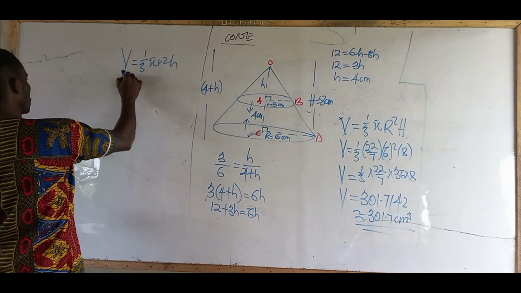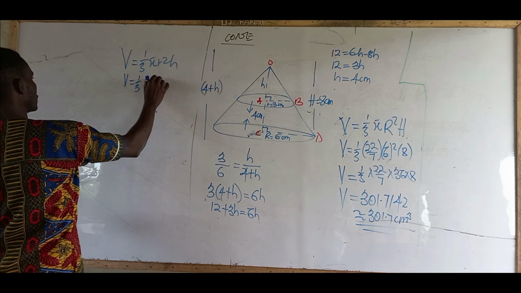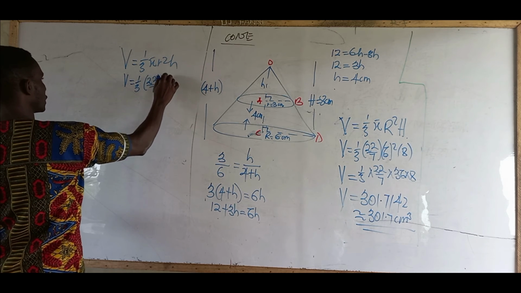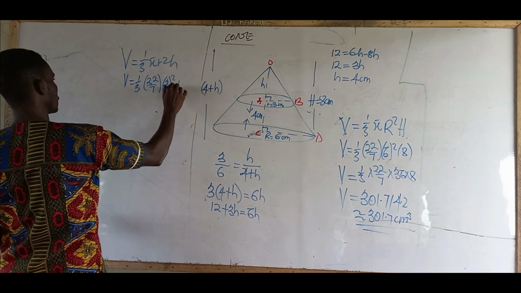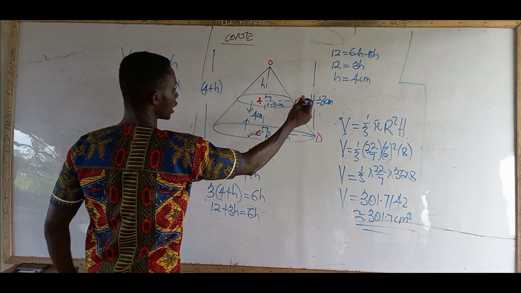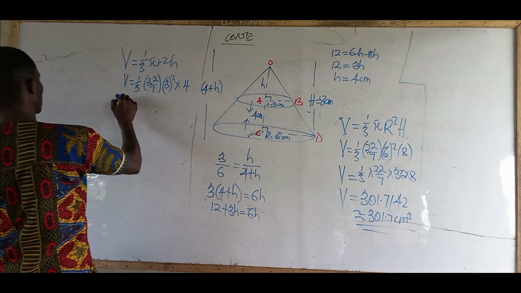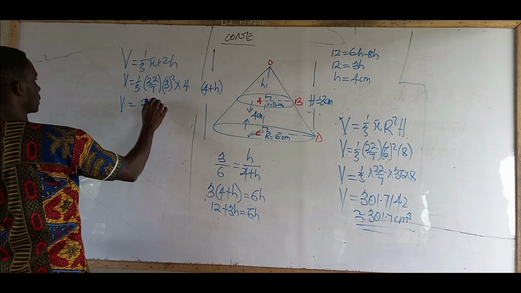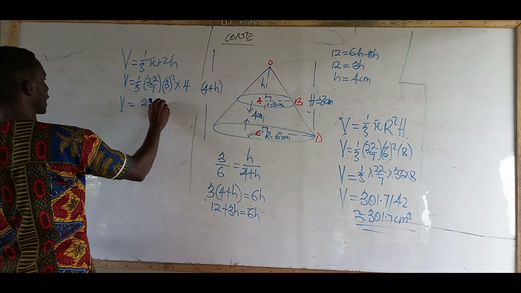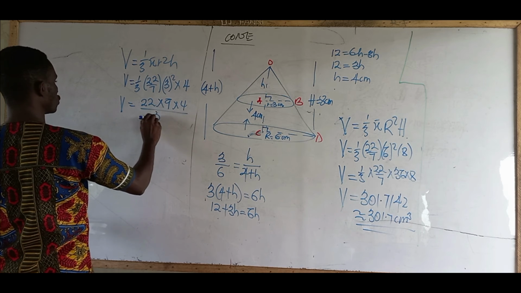So V will be equal to 1/3 times 22/7 times the radius, which is 3 squared, times the height, which we calculated. We had 4 centimeters. So V will be equal to 22 times 9 times 4